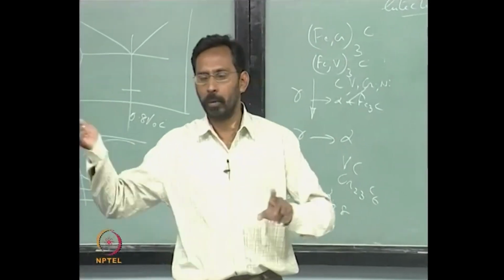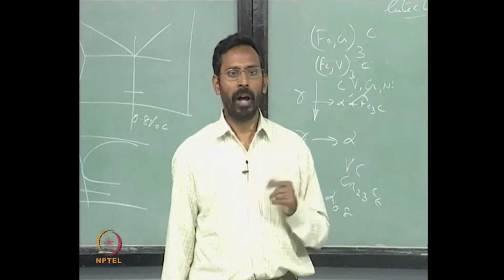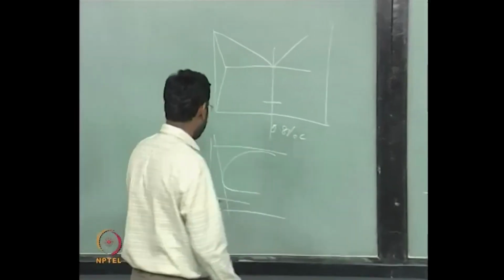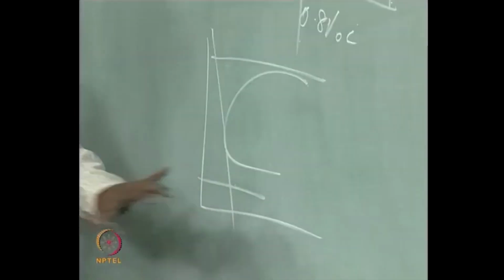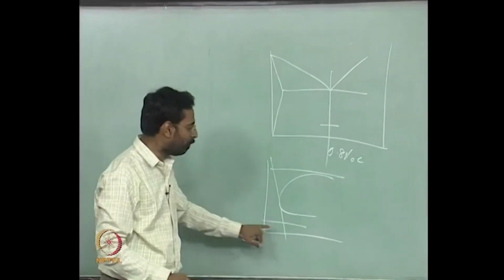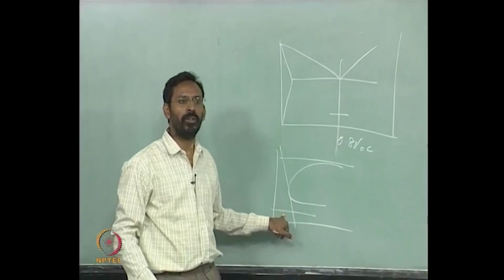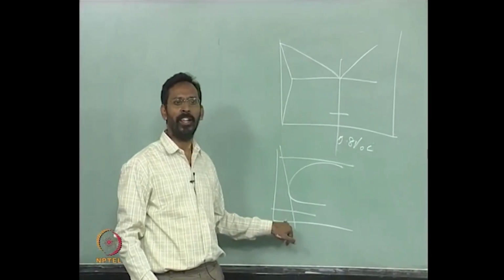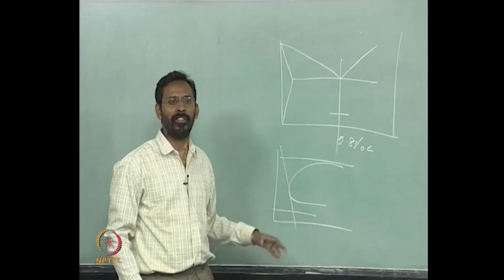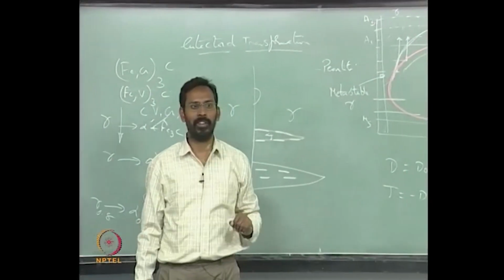The moment you say that the product phase has a different structure than that of the parent phase, otherwise the transformation is not possible. Whereas here you see that there is no atomic movement, the atoms simply get frozen the way the liquid is, except the difference is that the viscosity is so high that you cannot call this a liquid anymore. So, this is mechanically a solid, structurally a liquid, a glass. That is the difference, whereas here the structure itself is different, martensite is different, except